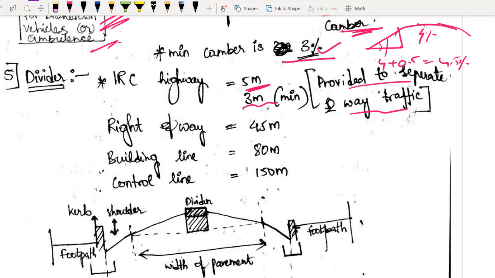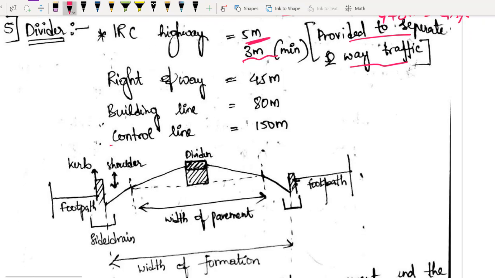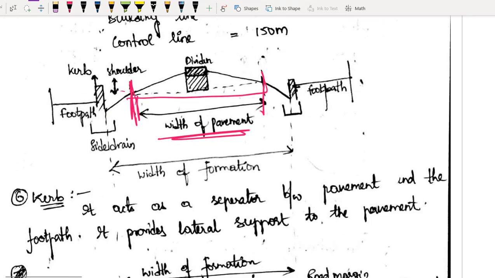Next, what is it? Next we have right of way. ठीक है, what is this right of way, building line, control line? अरे यार काफी simple concept है. Let us say this is your width of pavement. ठीक है, up to the shoulder part it is width of pavement. After that you will be having shoulder. Okay, width of pavement is the real road वाला dimension, जहाँ पे गाड़ियाँ जाते हैं. And then we have this shoulder also, right? So up to this you can take it as width of formation.